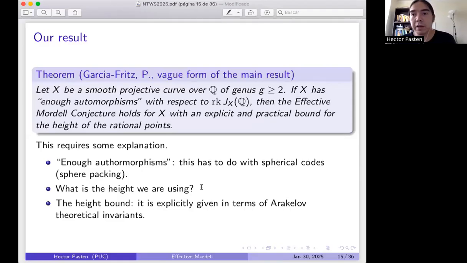Of course, I claim this is explicit, but then I should write it down if it is explicit. It's not. So from a theoretical point of view, it's fine to say there is some effective bound, even if you don't write it down. But if I want to apply this in some example, I better write down what the bound is. And we're trying to do that in the remaining part of the talk.